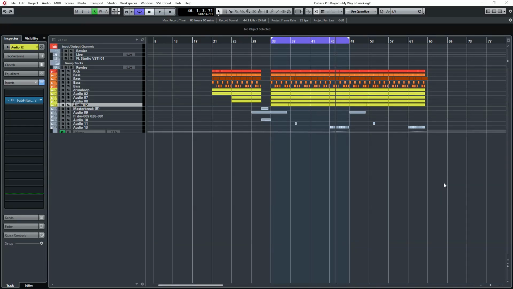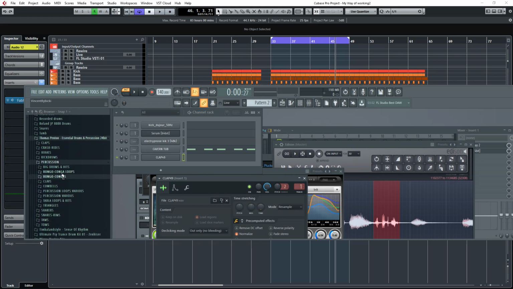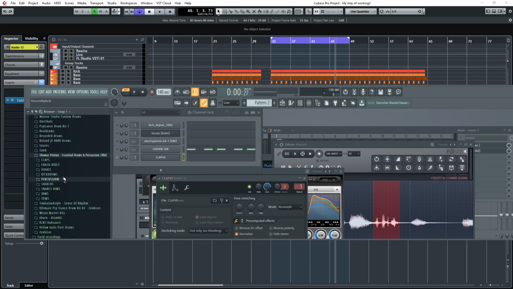Hey, one little trick I want to show here that I've been using so many times for a long time now. It's about doing little crash or long crash sounds. Basically, what I do is I have FL Studio with my browser here, and I can go through all my